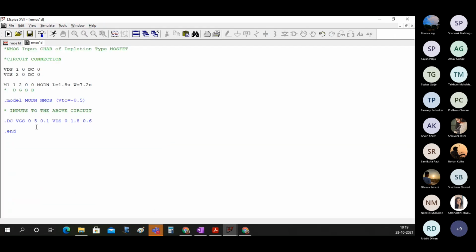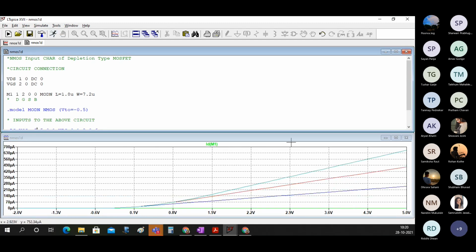So what you can do is write here, we know that threshold voltage is minus 0.5. So you can give any value which is greater than minus 0.5 in the negative direction. Here I'll write show me minus 2, 5, and then you can simulate this.